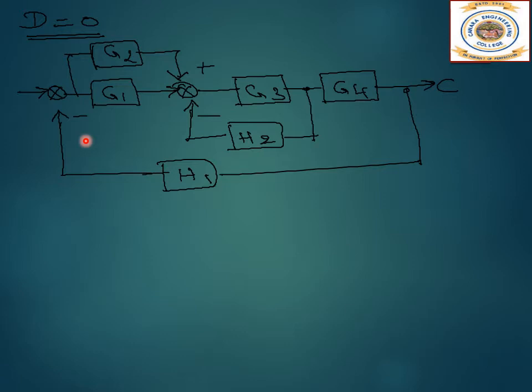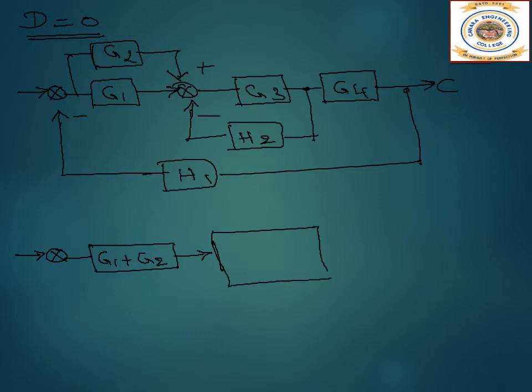Now let us analyze this block diagram. This is a direct, straightforward problem. G1 and G2 are parallel, so you can simplify. G3 and H2 form a feedback, so that also you can simplify. Then you have this block and this block and this block in series, so multiply, and then H1 in feedback to that. Isn't it simple? So let's solve step by step. Since they are parallel, I can write G1 plus G2, both positive, and this summation point will vanish.